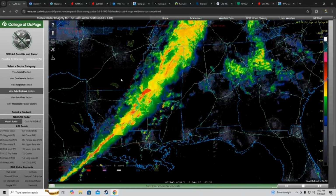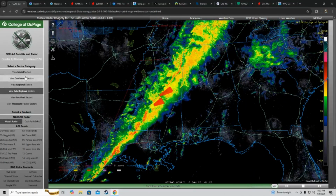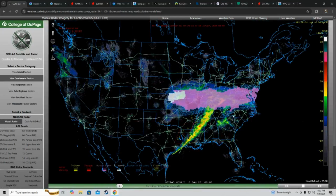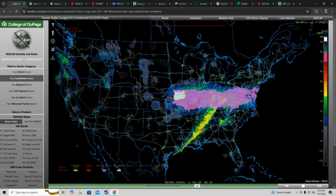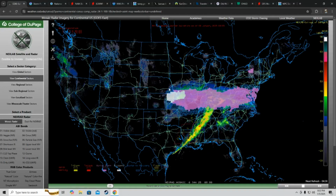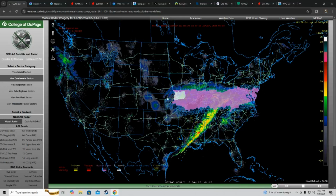We have the tornadic event, and then we zoom back out here, back in the United States. You can see all of these warnings here. In the pink, we have winter storm warnings as the system moves across, and then in the white here, you can see the blizzard warnings in Kansas, which we'll get to the road cams and all of the bad roadage here. As you can see, the storm is pushing eastward, and as the snow bands start to drift away and dissipate, the blizzard warnings get canceled and removed. So that's good news as we're slowly moving out of Kansas, and hopefully the road crews there can clean things